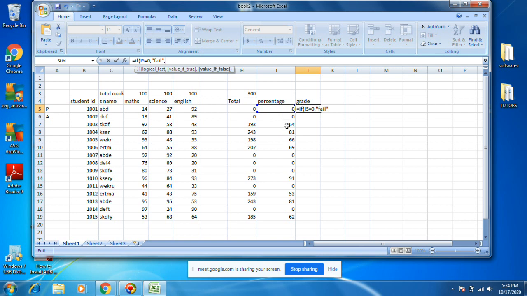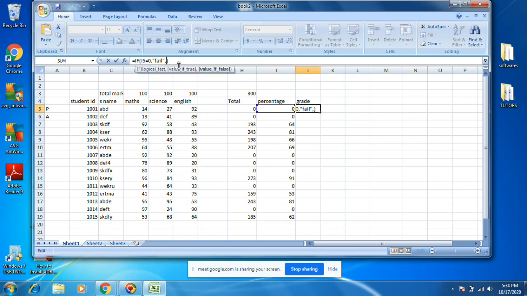Otherwise, if I5 less than 60, again you need to put another if statement. This is the main if bracket close. Anyhow it should come fail.